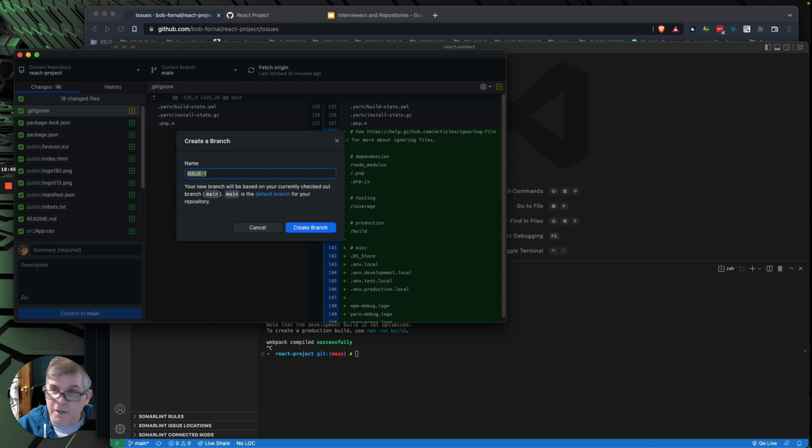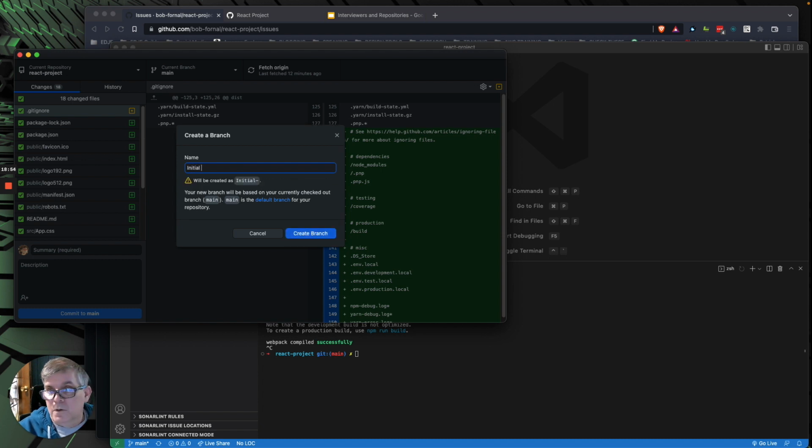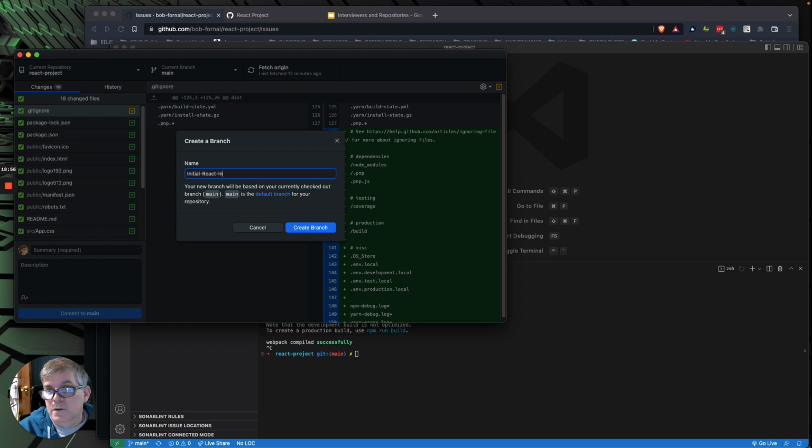The other side I see is people type in "initial React install." The problem here is, if I'm looking for a particular card and the related code that was committed, I'm going to have a hard time figuring it out. Okay, and the more branches you get, the more complicated this gets. On this project, we're going to have about 5 branches, 6 branches, 7, maybe. But I've seen projects that have hundreds, if not thousands, of branches.